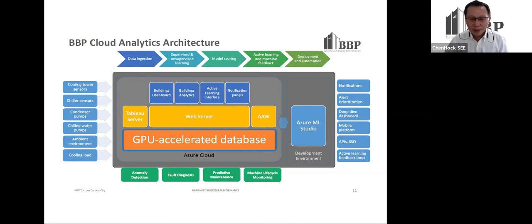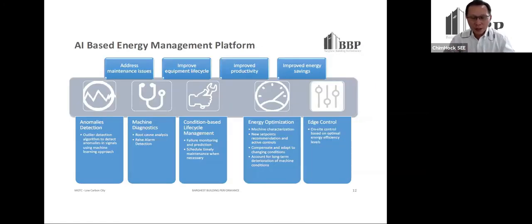So this, in summary, is an AI-based energy management platform that we use. There are a few features that we are addressing here. Number one, we address the maintenance issue. Let's say, for instance, you replace your chillers. Now we have all these mechanical equipment, you need to look into maintenance. Instead of time-based periodic maintenance, we're looking into more predictive maintenance, moving away from time-based types of maintenance,